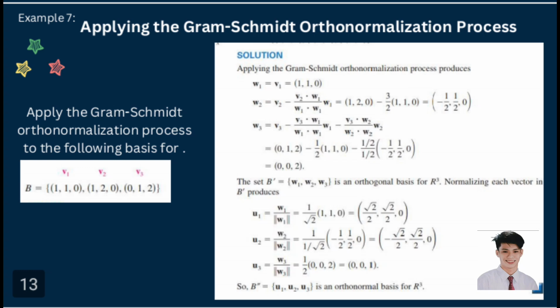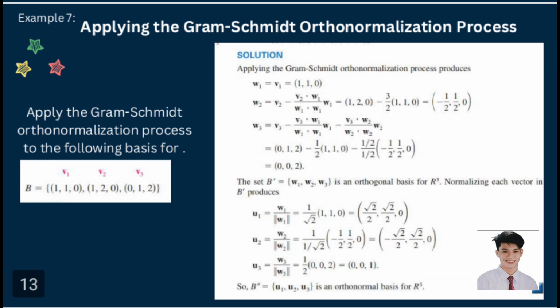So, parang ganun lang ulit sa nauna kanina. Yung gagawin natin para makuha yung sagot. So, square root of 2 over 2, square root of 2 over 2, and 0. Yun yung U1 natin. So, yung U2 natin, so, W sub 2 over the norm of W sub 2 is equals to 1 over 1 square root of 2. So, negative 1 half, 1 half, 0 is equal to negative square root of 2 over 2, then square root of 2 over 2 and 0. So, yun yung magiging